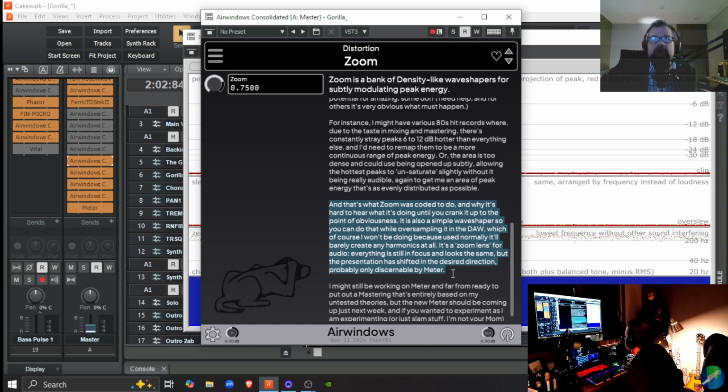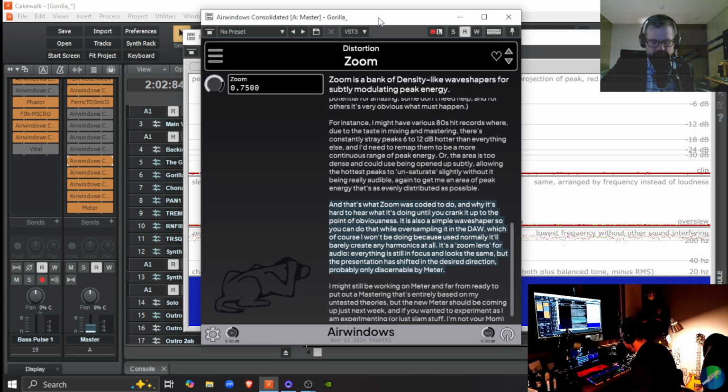It is also a simple wave shaper, so you can do that while oversampling it in the DAW, which of course I won't be doing because used normally it'll barely create any harmonics at all. It's a zoom lens for audio. Everything is still in focus and looks the same, but the presentation has shifted in the desired direction, probably only discernible by meter.